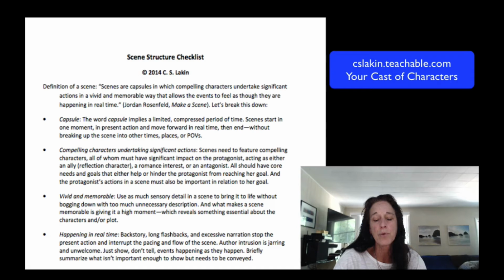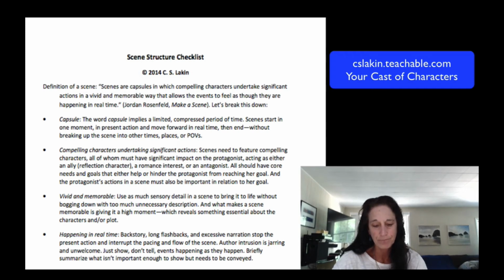You'll learn that there are all different types of roles that characters can play, and they can play more than one role. But it's important to think about, when you're writing a scene, what characters do you need in that scene? What roles are they going to play? How are they going to serve the purpose of your plot? How are they going to impact your protagonist? Because everything has to impact your protagonist, either directly or indirectly, because novels, films, stories, all are about one character basically going after a short-term goal. The exception to this, of course, are family sagas or biographies. A movie like Gandhi isn't going to just be about a short-term goal.